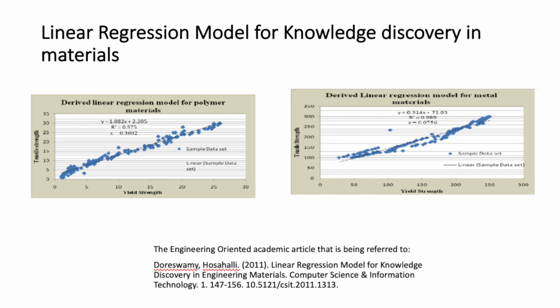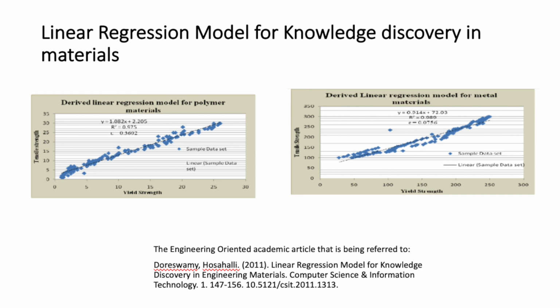analyzing complex engineering systems. The goal is to find or show the relationship that may exist between two or more values. Linear regression model for knowledge discovery in materials by Hasahali Dorswamy is a good example of using linear regression modeling in engineering practices. In this paper, linear regression is used to measure correlated data and predict certain attributed values